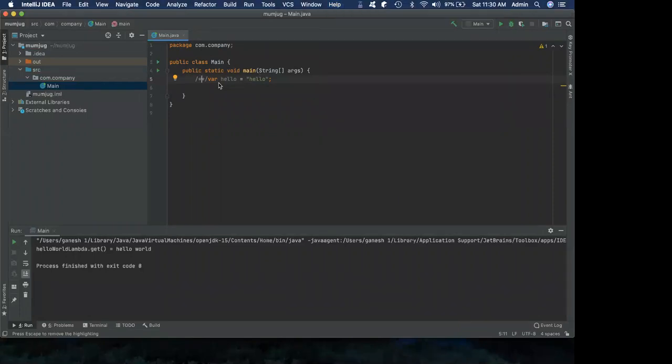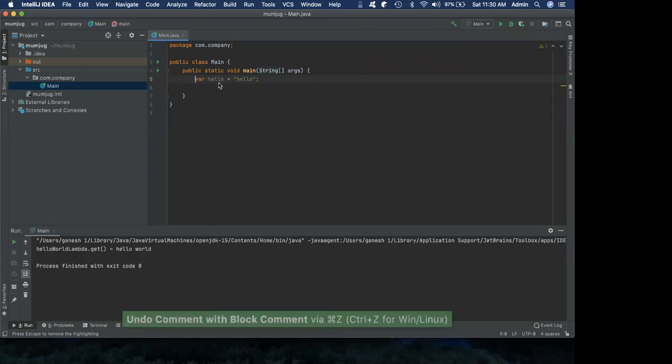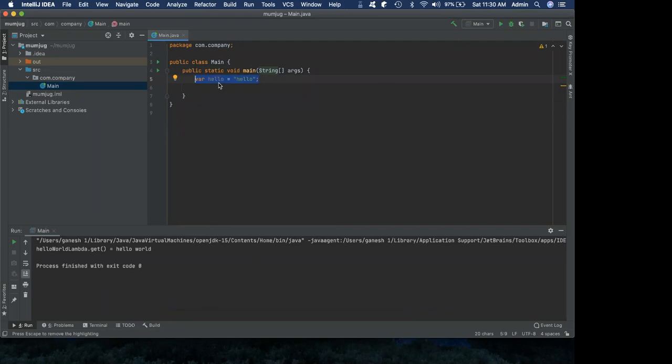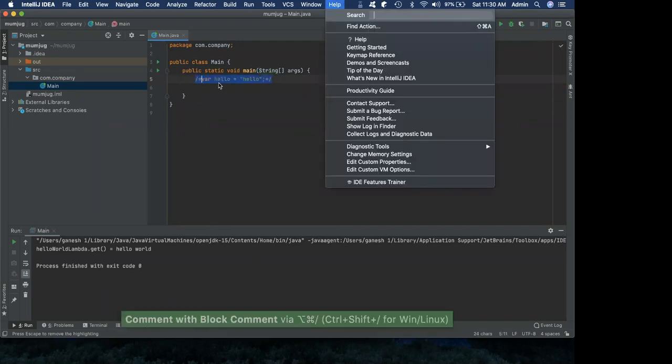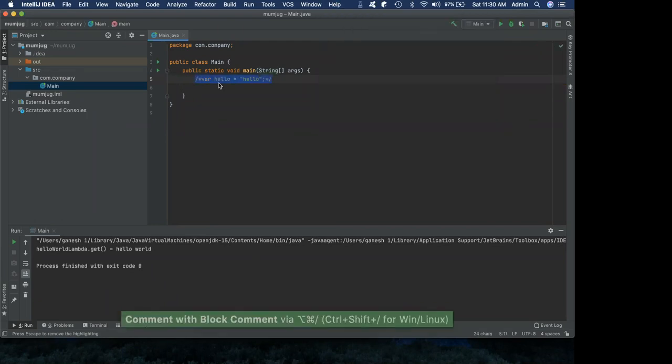But as you can see here, I didn't select anything, right? So what I have to do is use my old shortcut, which is extend selection, and I have selected the parts that I need to comment. So I could introduce now the block comment much more easily, and I can remove it as well, right?